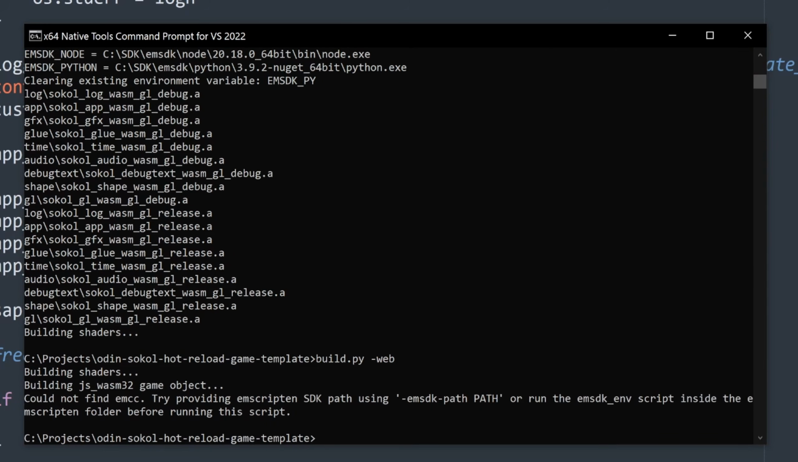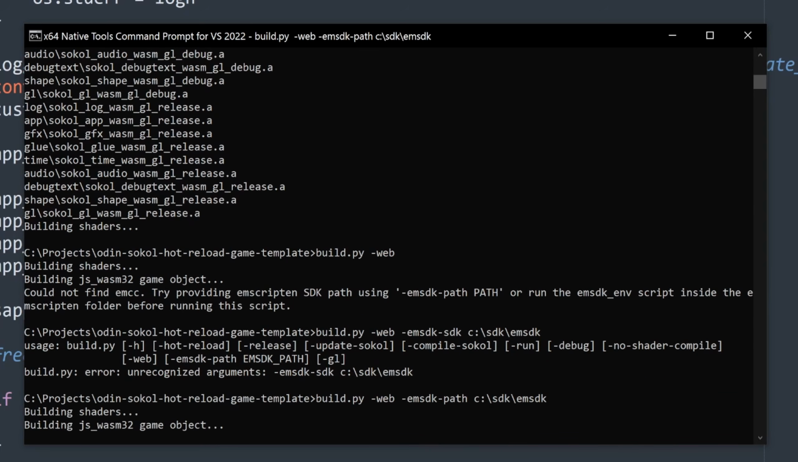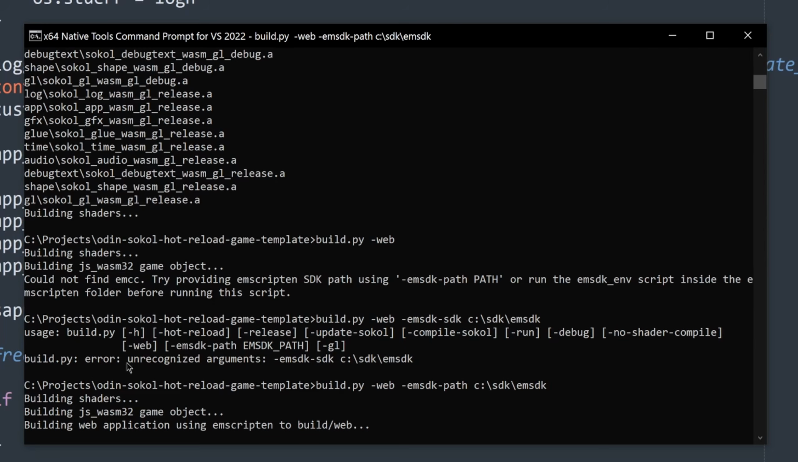Oh yeah, it couldn't find EMCC. So you once again need to do emsdk because it needs that to build the game as well. Then I had a typo here, -emsdk-path. So build.py -web -emsdk-path like that. And now it says it built the shaders, it built the game object, and then it says